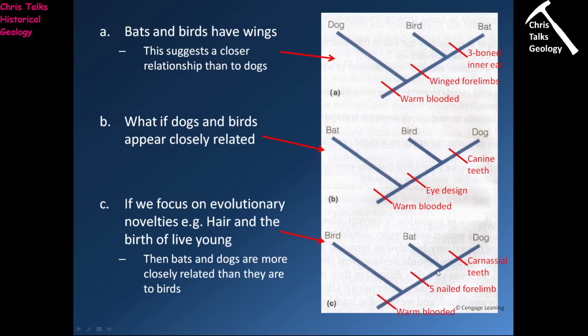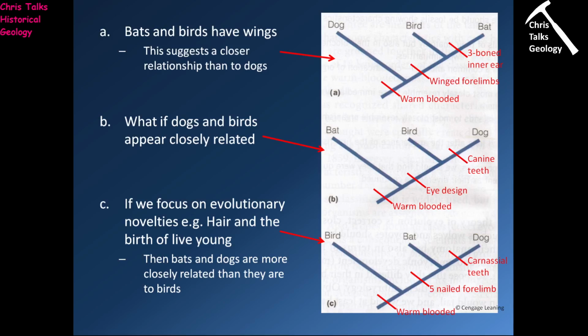In terms of the next derived characteristic, we have carnassial teeth, if you're wondering what they are. If you've ever looked in a dog's mouth and you've looked at the molars towards the back of their mouth, you'll notice the molars are very sharp and jagged. They're a very specialized type of tooth that's designed essentially to have a shearing motion, a bit like a pair of scissors, and they're called carnassials. And so dogs possess them, bats do not, and so that allows us to split those two into their own